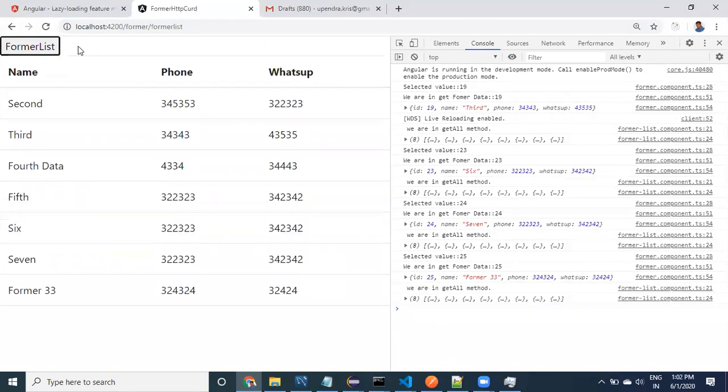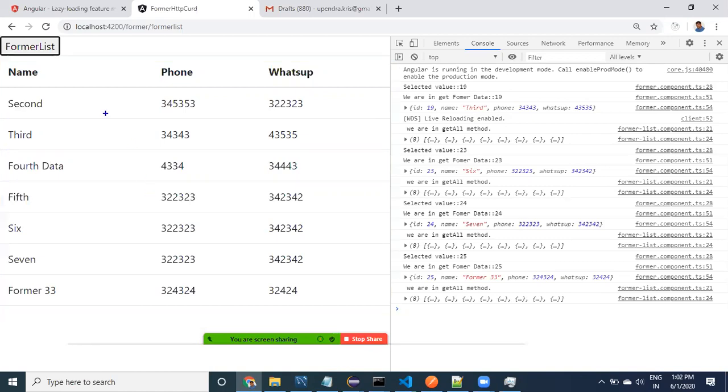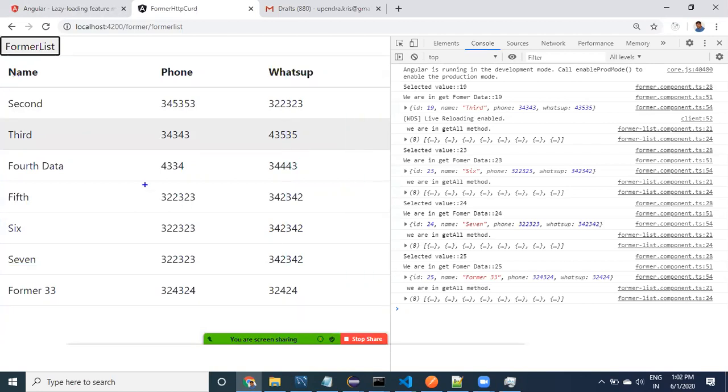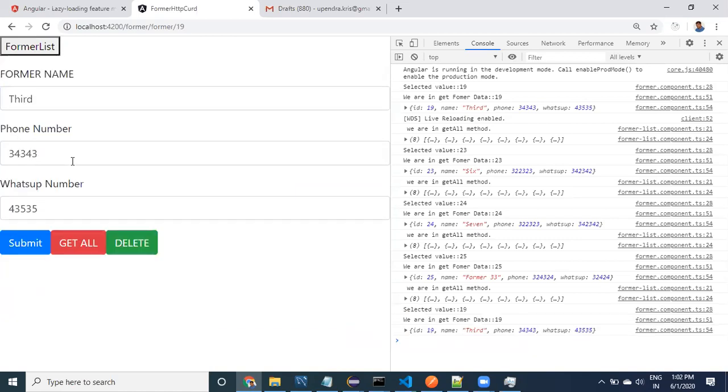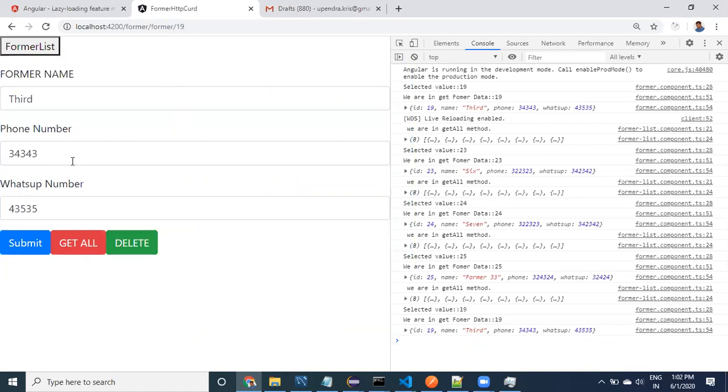You can take the URL. This is one router link. Here, we are printing this in the router outlet. Whenever you click on this, it is going to get printed here. And then whenever you click on this, in the same router outlet, it is displaying some other component with a different dynamic value. This is the concept. Try to understand this, and then implement it with your own hands in a different project.